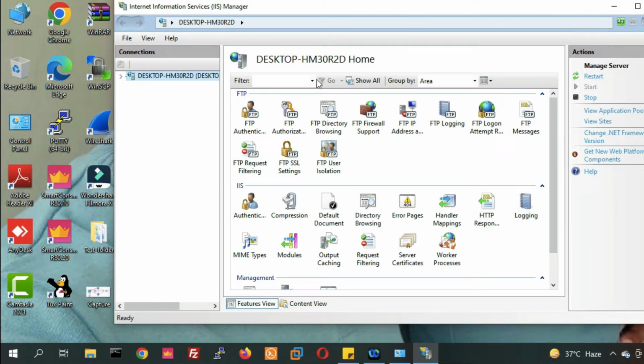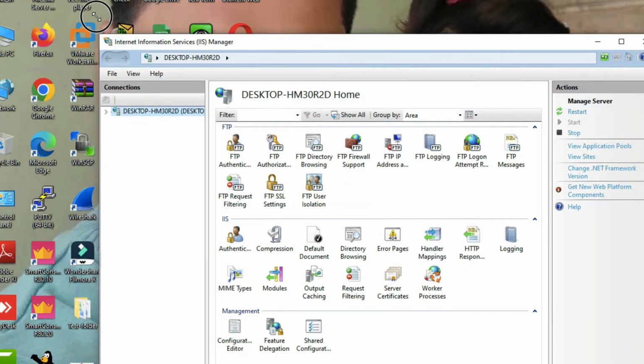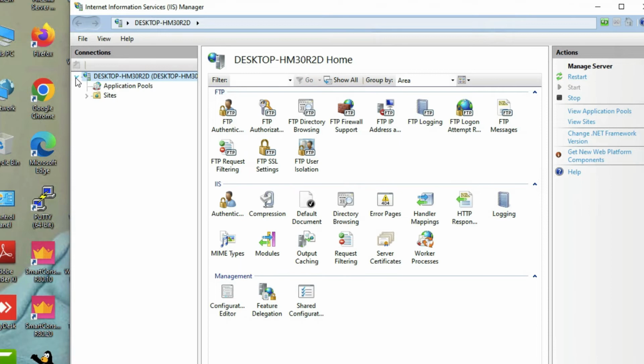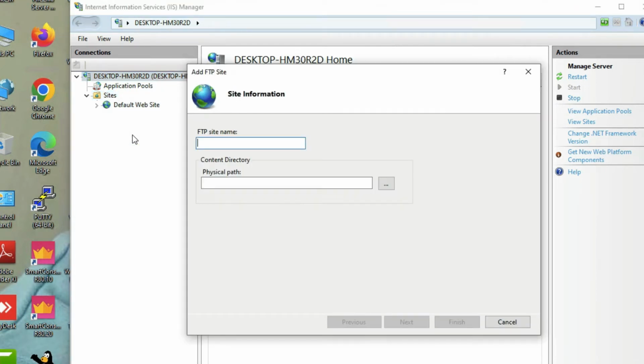Okay, now you can see here FTP features is available here. Okay, expand it. Now go click on sites. Now right click on sites here. Now click on add FTP site. Okay, now FTP site name, server. Okay,